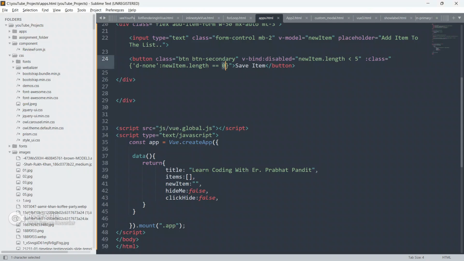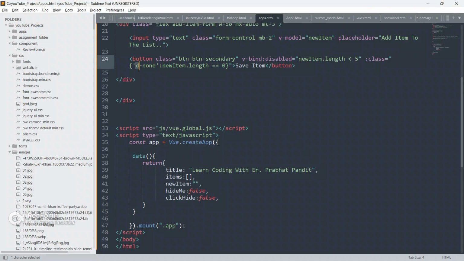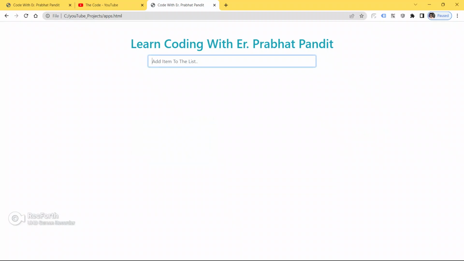As of now the text in the input box is 0, that's why we are not able to see this button. As soon as we put something in the input box, the new item dot length will be 1 and the button will be display block.